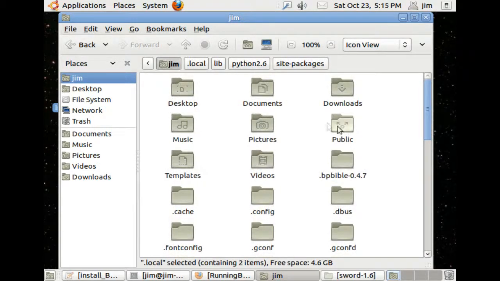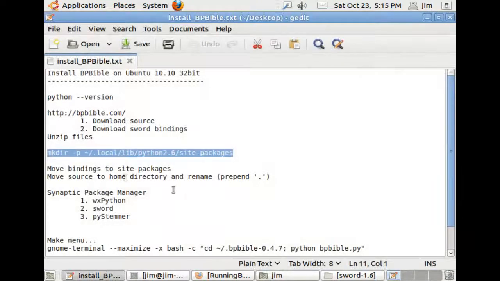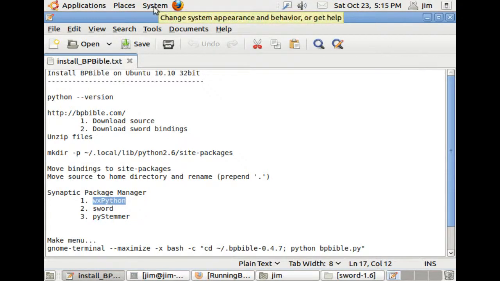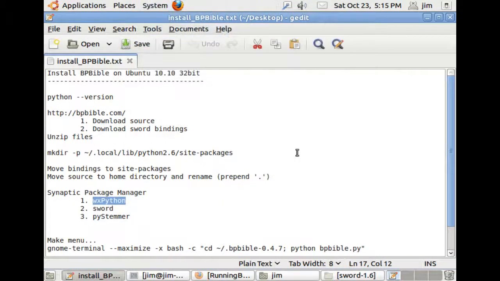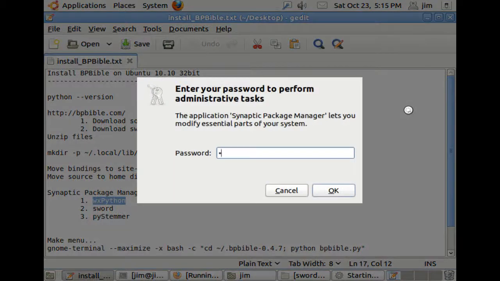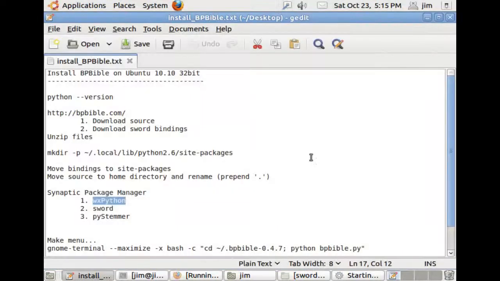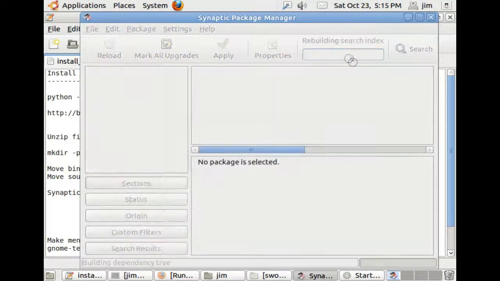Okay. Next, we'll check our little installation file here. Okay, we moved the bindings, we renamed it. Now we're going to open Synaptic Package Manager and load these 3 packages. So we'll go up to Administration, Synaptic Package Manager, type in our password, and then wait for it to become accessible,